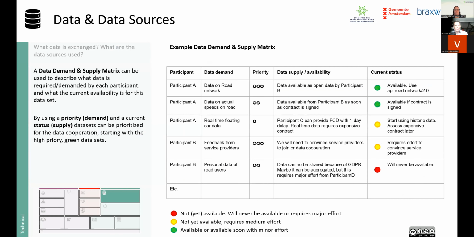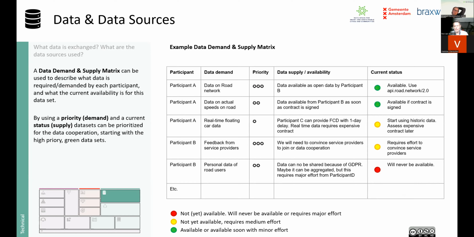Then, looking at the technical side, it's good in a data cooperation to describe what data you need and how it is available. In many cases, data might be available, but it needs to have a certain form to be usable. In some cases, it might not be available yet, but it's on a wish list.